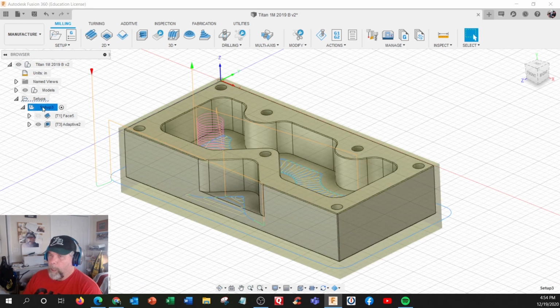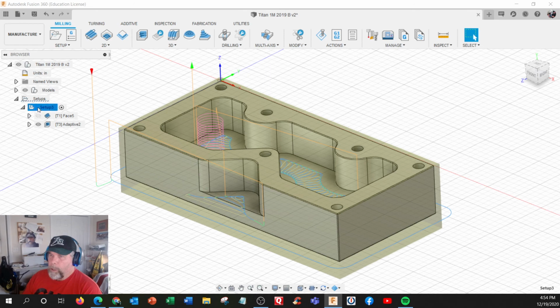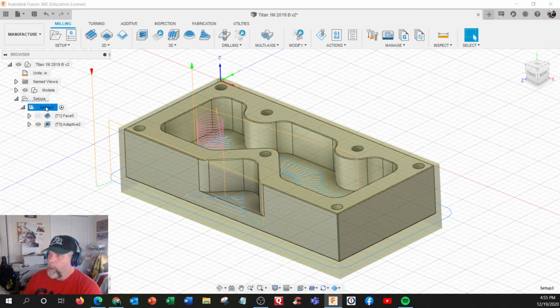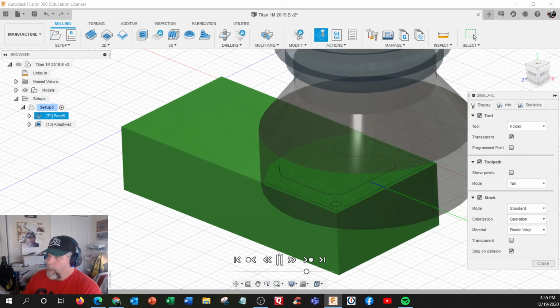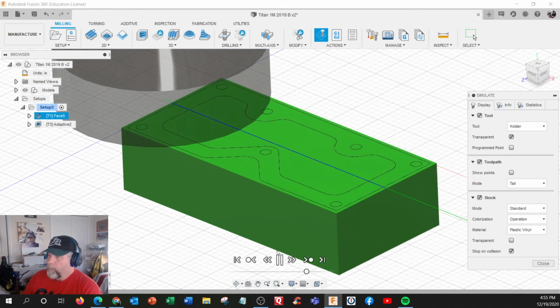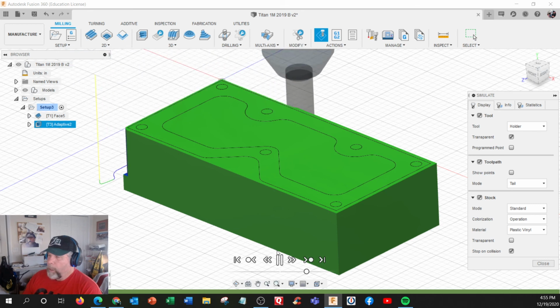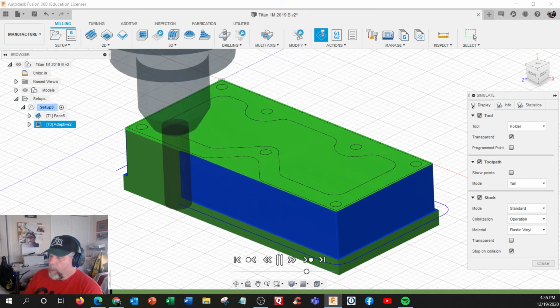So let's simulate both of them. You can simulate, make sure this is checked. If you're only on this one, you're only going to get that tool only. You could do it here, or you can do it right here. It says simulate. Now press play. It cuts the top, then we're going to get the next tool and it starts cutting the outsides. But we've taken away a little bit of